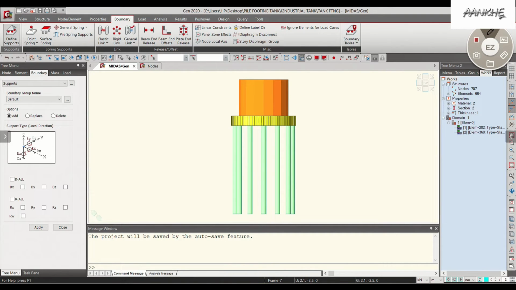Your support will be either a fixed support or a pinned support. Since the pile sits very deep into the soil deposit, it will be a fixed support. All the pile heads will be fixed support. But actually, what happens, as we will be coming with further webinars on pile, is the top portion